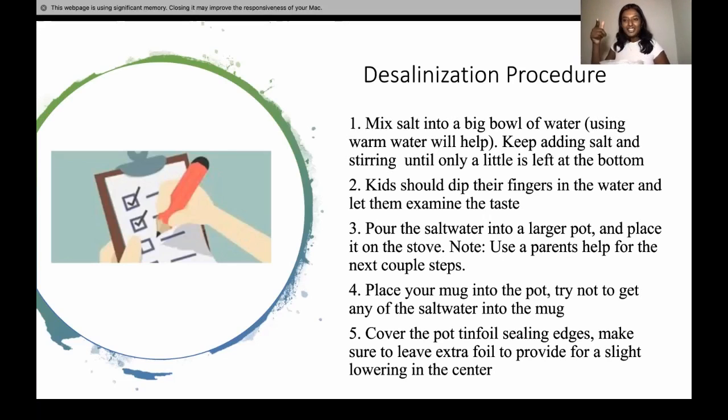Now, kids, your turn. Make sure you're having an adult help you, because there is a stove that's going to be used in this procedure. Your turn. So you're gonna look at the water. Just make sure you do your observations before we added the salt water. Sorry, I forgot to note that there. But do your observations of just the water itself, okay?